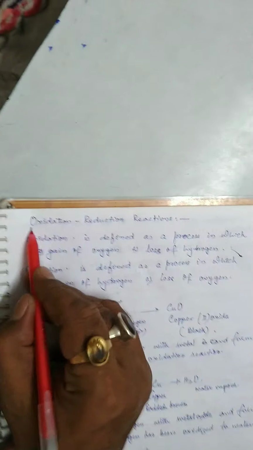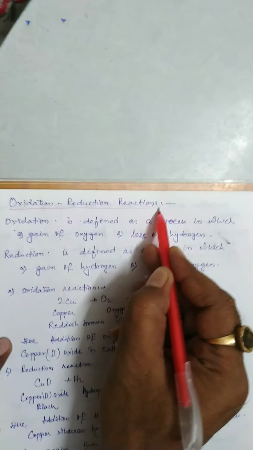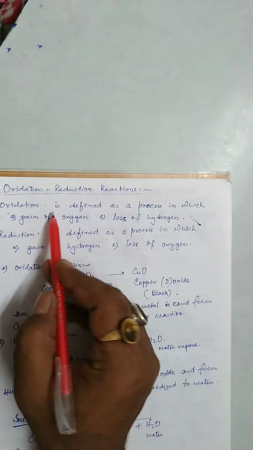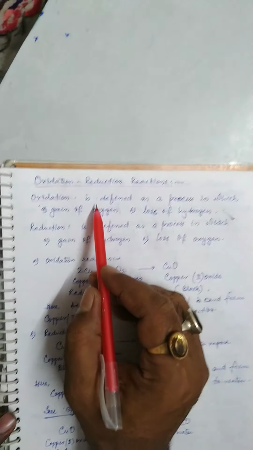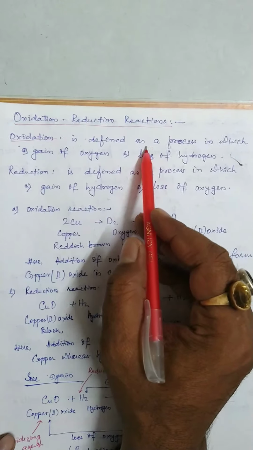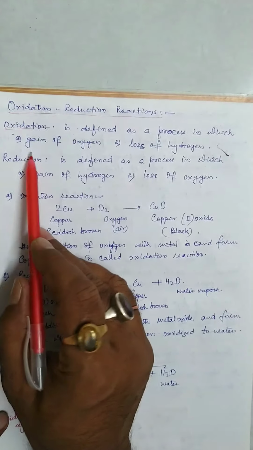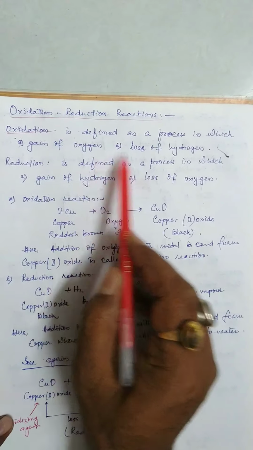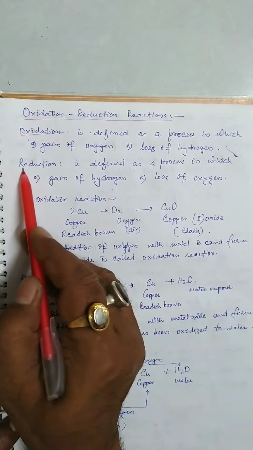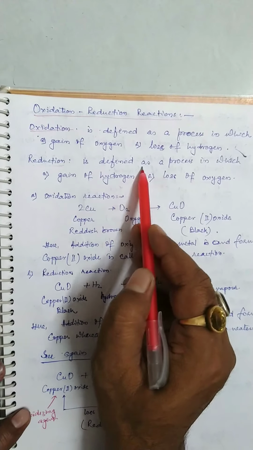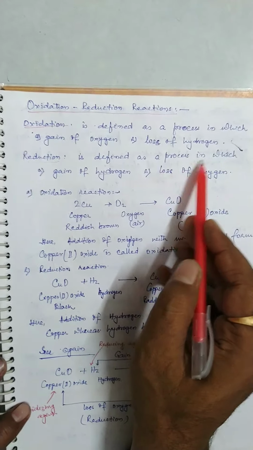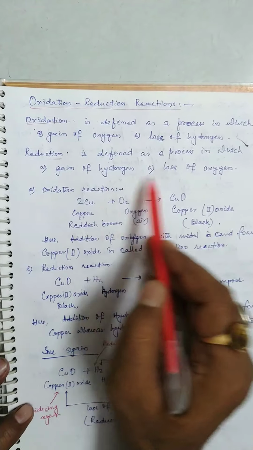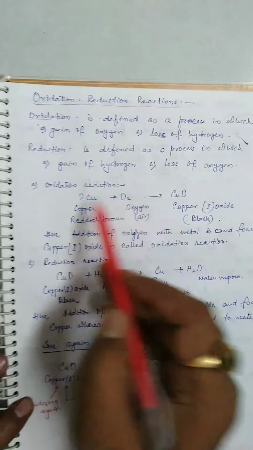And next is oxidation reduction reaction. First, oxidation. What is oxidation? Oxidation is defined as a process in which there is gain of oxygen and loss of hydrogen. Reduction. What is reduction? Reduction is defined as a process in which there is gain of hydrogen and loss of oxygen. Oxidation reaction: gain of